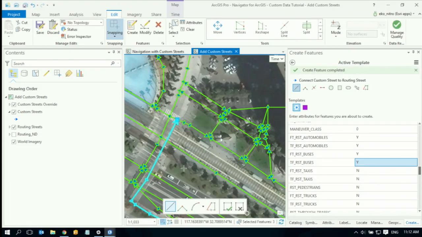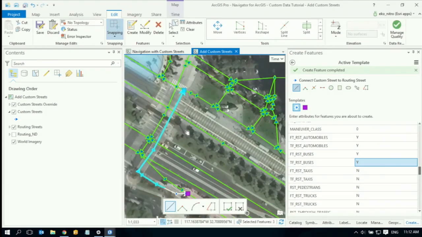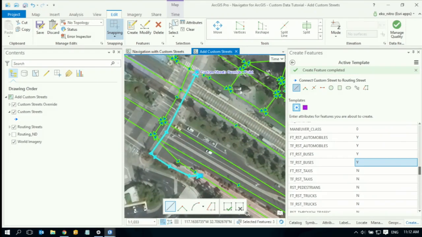And when I finish that sketch, we'll notice it stays highlighted. But we also see that it's got some blobs there in the end. So let me clear that. We can see that it's automatically added in my custom overrides. So for those of you who have built network data sets before, this new behavior in ArcGIS Pro, the templates actually, as you digitize, will put the vertice down and the custom override as you digitize, where previously you would have to do that as separate edits manually, and that was a bit cumbersome. So this is really nice. So once I've done this, I just save my edits,